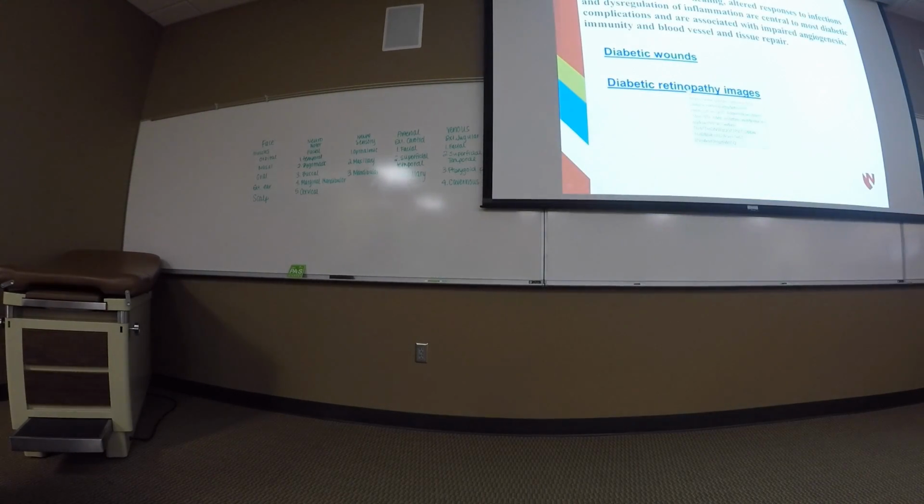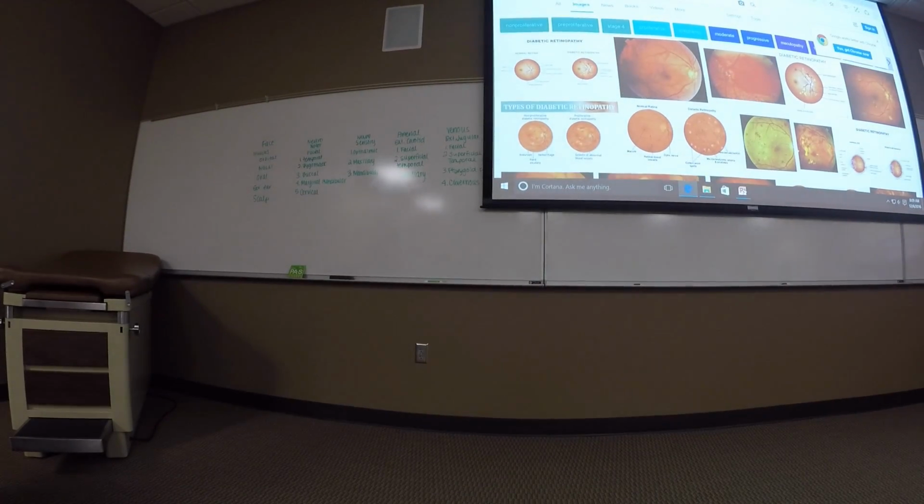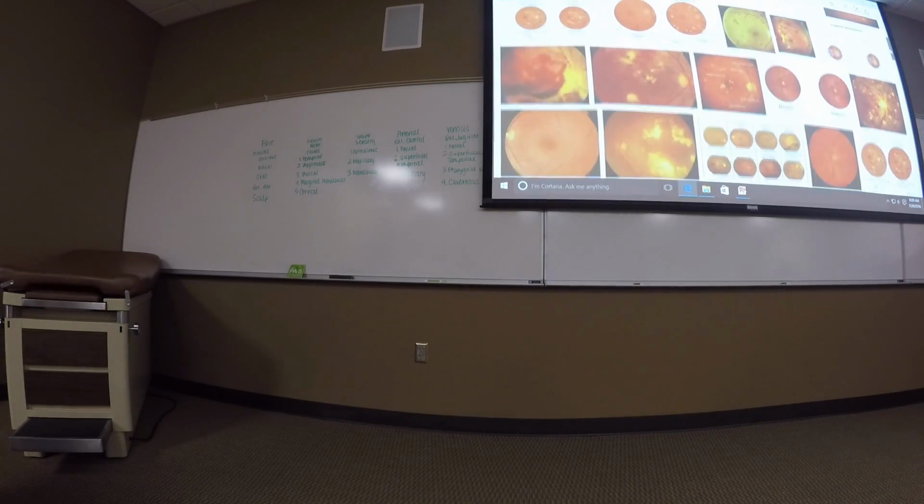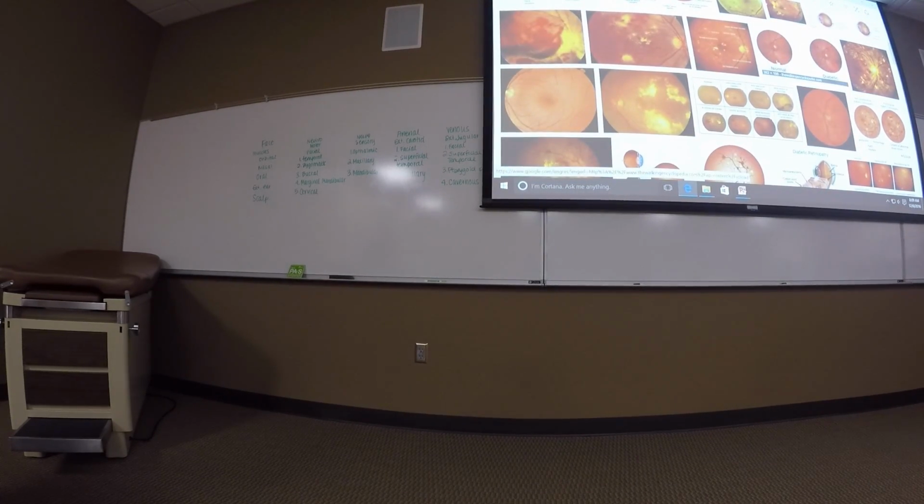How about looking at the back of people's eyes? The back of your eye, that's where your retina, that's where your cones and rods, sensory receptors are. Well, that looks different. Okay, so let's look at a normal eye. This one's pretty much normal right here. You see nice intact blood vessels. There might be an exudate there, but you don't see too many patchy areas.